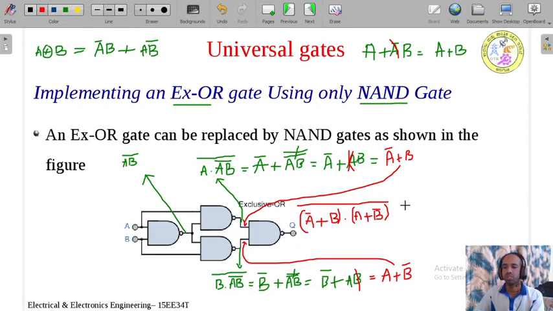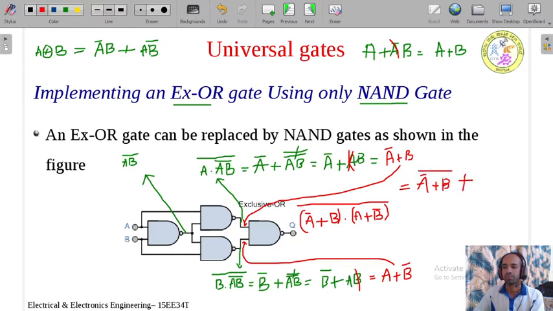So this is equal to what? Again apply the De Morgan's theorem. You take this as one variable and the entire thing as another variable. It is like A dot B. This thing is A dot, this thing is B. A dot B whole bar. We know that A dot B whole bar can be written as A bar plus B bar. So that is nothing but A bar plus B whole bar,